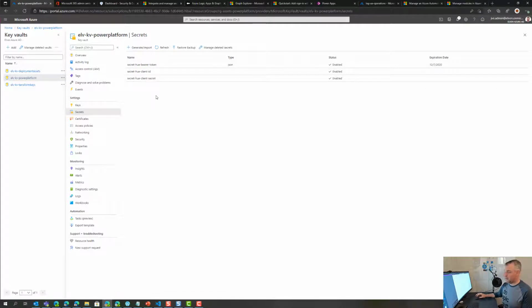I have 3 secrets. I have a client ID, which is the client ID from the app registration. I have a client secret, likewise, from the app registration. And I have created a secret for storing the bearer token, which contains the access token and refresh token I get when I authorize and authenticate to the Philips Hue developer portal and access